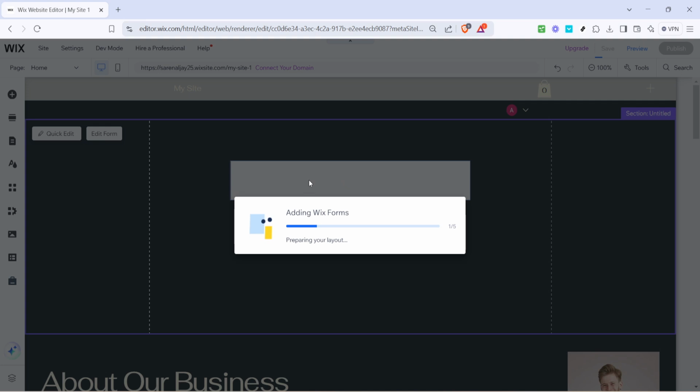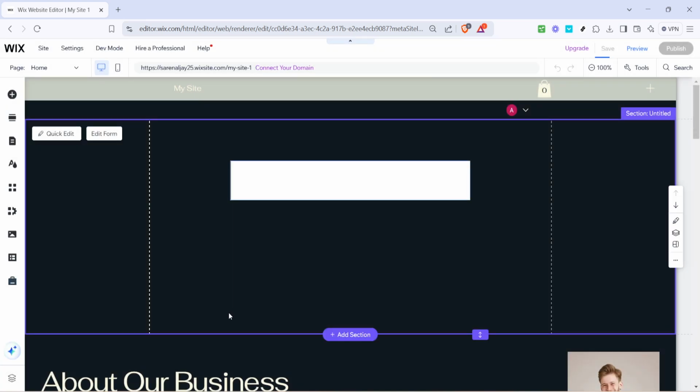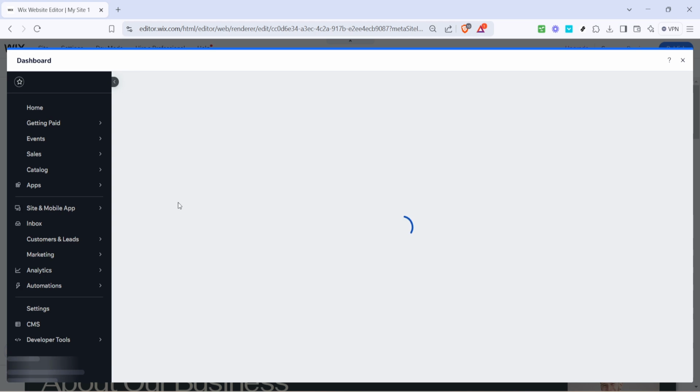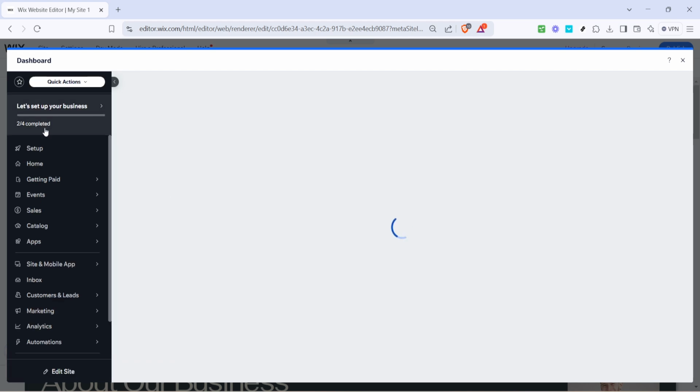Next, click on Edit Form. This feature will allow you to tailor the subscribe form to your specific requirements. You have options to adjust and edit various components of the form, such as the fields where new subscribers will input their information. Take some time to edit the contacts section to ensure you're collecting all the necessary information you might need from your subscribers, such as their name and email address.